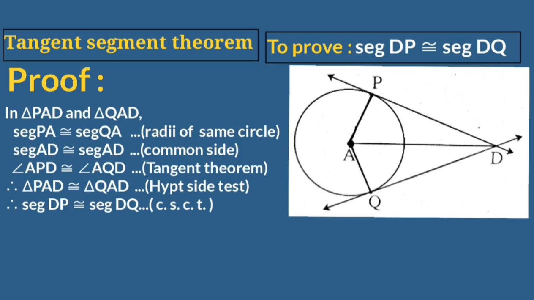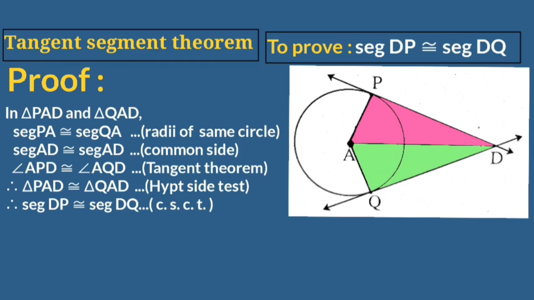Can you find them? Yes? Correct. These are the two triangles containing DP and DQ as their corresponding sides. Now we have to prove these two triangles congruent. The proof is very simple. In triangle PAD and triangle QAD,